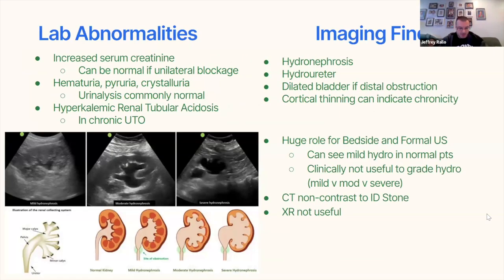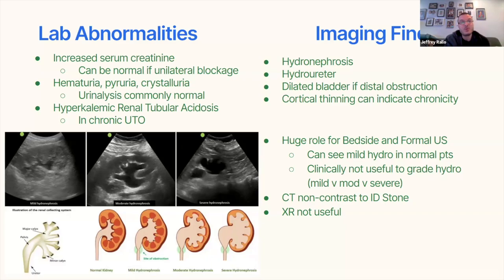All right, fast forwarding, what do we see in an ED workup of urinary obstruction? So first sending labs, you're going to see increased creatinine, with the caveat that if you have a unilateral blockage, your kidney function will remain normal for a long time, regardless of how terrible the one kidney is. You can have the one dead kidney and the other one can, for the most part, pick up the full slack.